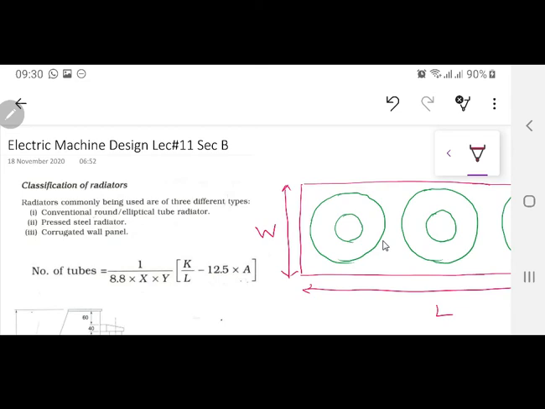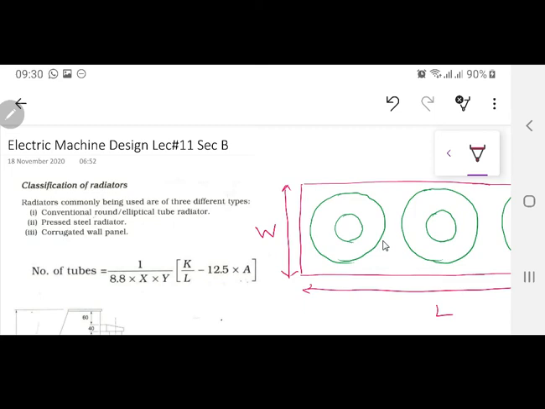Okay. So today we are talking about the tank design, or the classification of the radiators. I'm going to try to mix both of these books' articles, that's why I have both books with me. In this book, they have not talked about all of the radiator designs. In this book, they have talked about all three of them. I will be discussing two of them, and the third one I will leave to you because it's just a simple calculation of the watts divided by the surface area.